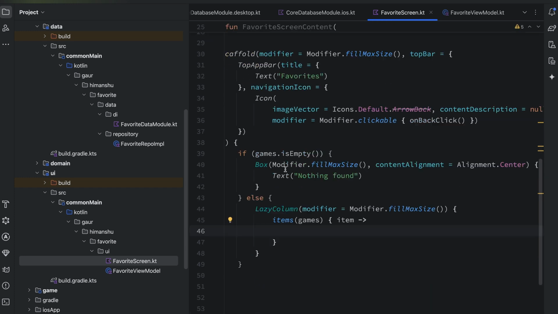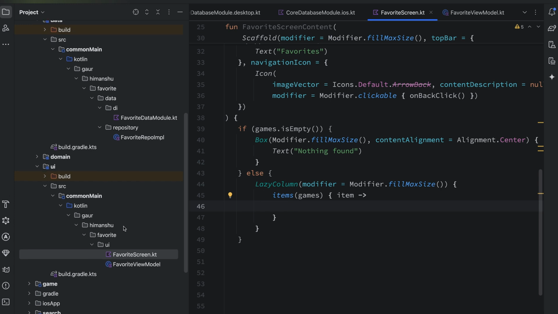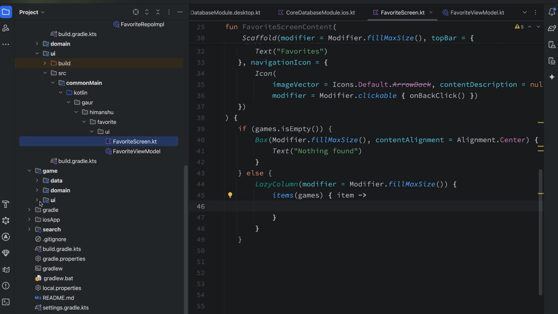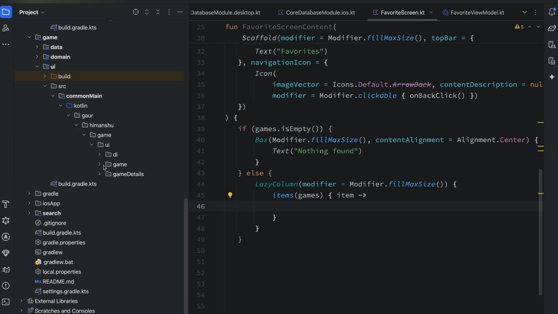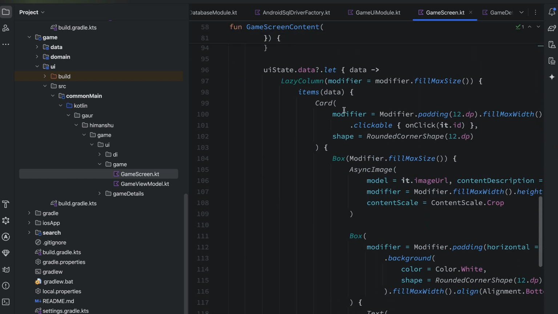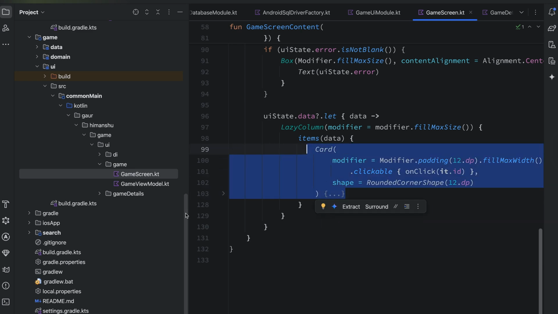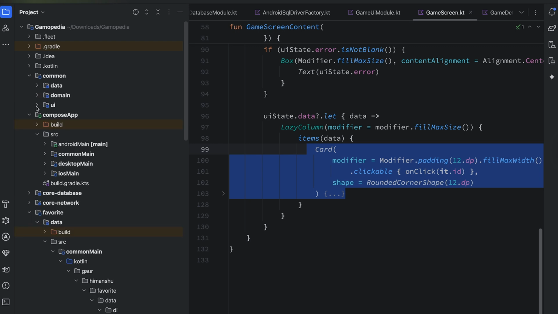So basically I want to use the same list item that we were using in our game screen. For that we just need to create a list item in our common module UI layer and share that list item to both modules. So for that, go to your game UI source. In this game screen, when you scroll down, we have this list item. Okay, so what I can do, I can just copy this list item from here, go to our common UI,